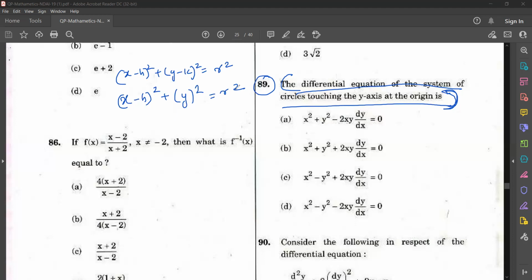Now listen, this is touching the y-axis at origin. You're saying touching the y-axis at origin. Then what would be the h, or is there any relation between h and r? Those will be the same, isn't it? If it is touching the y-axis at origin, it means...